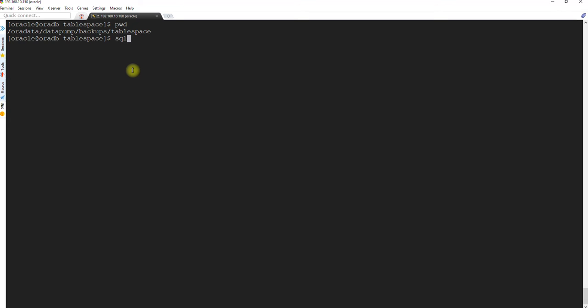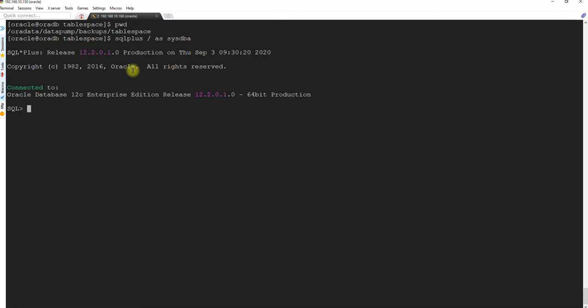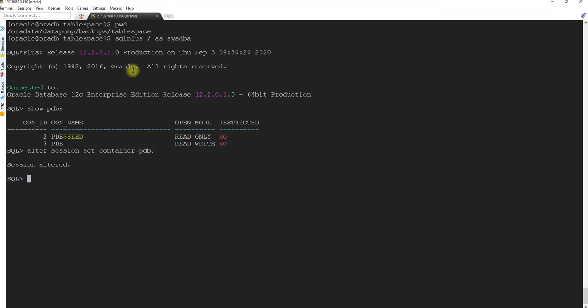Now let's log in using SQL Plus, and let's check the pluggable database and shift to the pluggable database using alter session. Let's create the directory object.